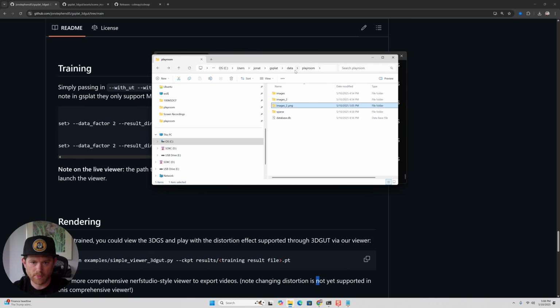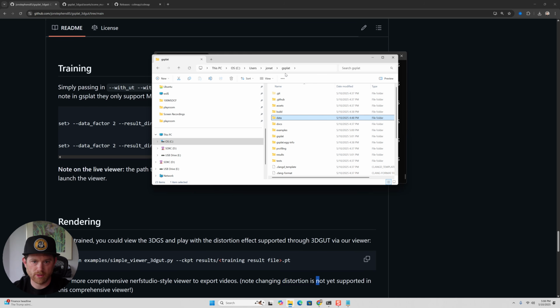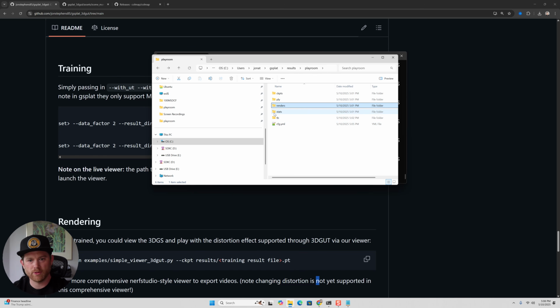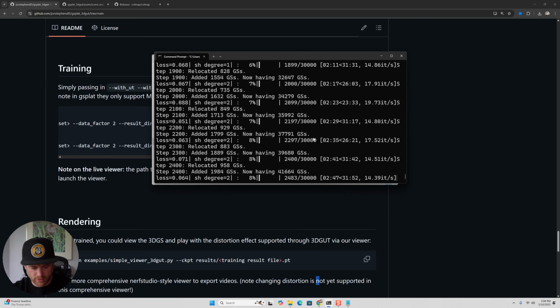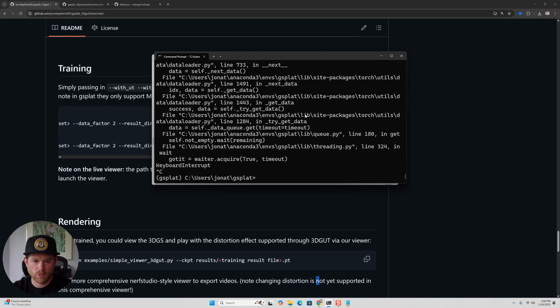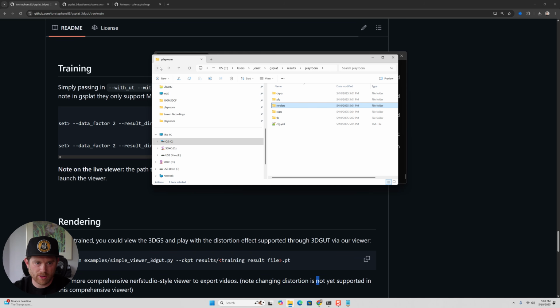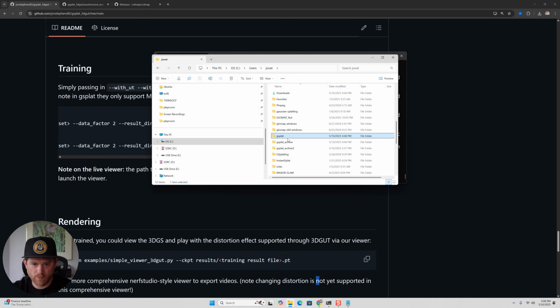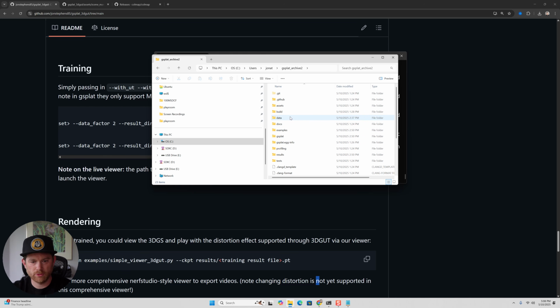So as it's going, you can go to your data, your gsplat results, and now you can see I have this Playroom folder that it created, and there's these checkpoints it's going to create. So at 7,000 it saves, and at 30,000 it saves, and then it's going to do different renders. So I can show you what one of those looks like when it's done. So I'm actually going to let this run the whole time because no one wants to sit. If you hit Control C, it'll stop things, and so, we're going to quit that, and I'm actually going to cheat. I'm going to go to an old run of this data set when I was testing,